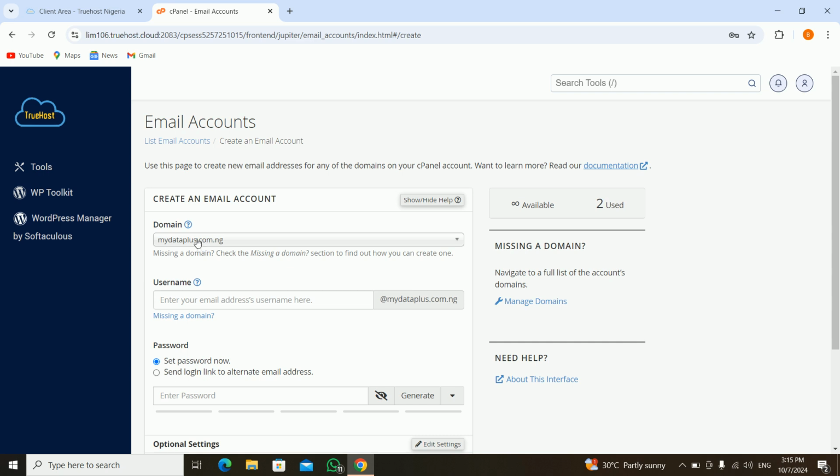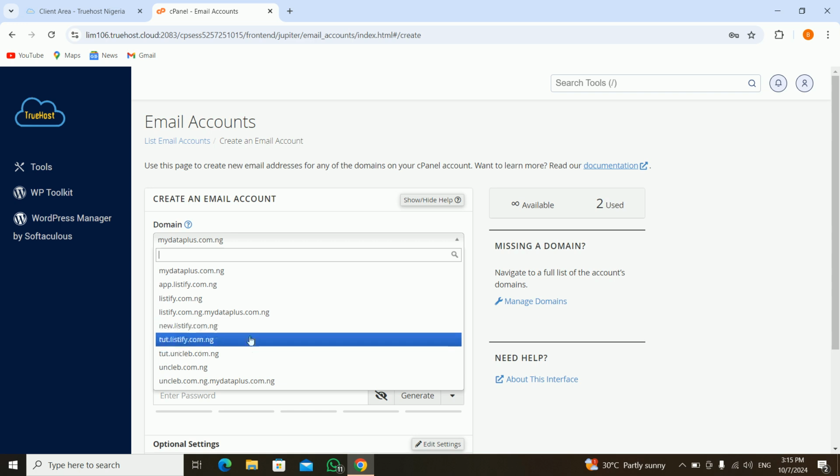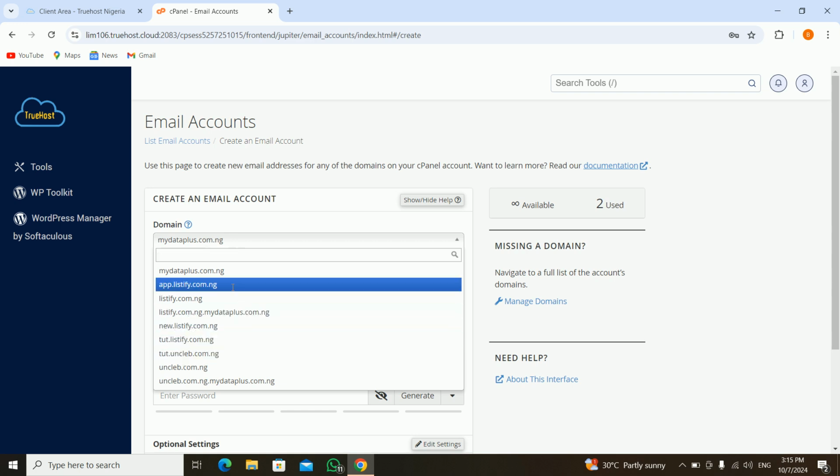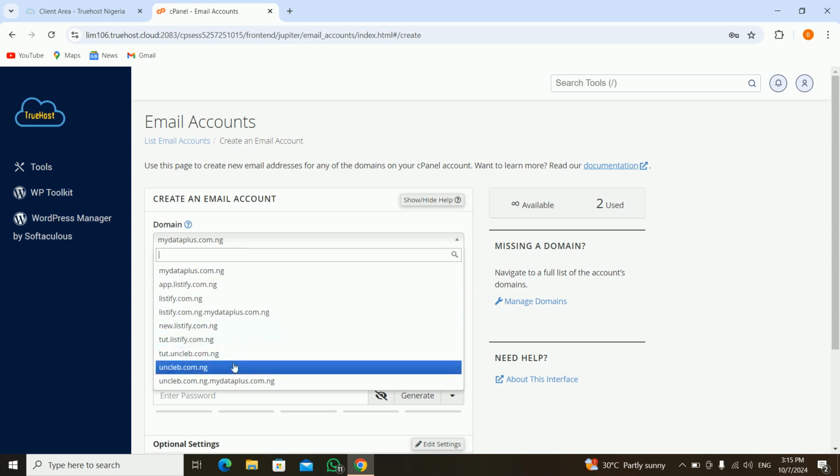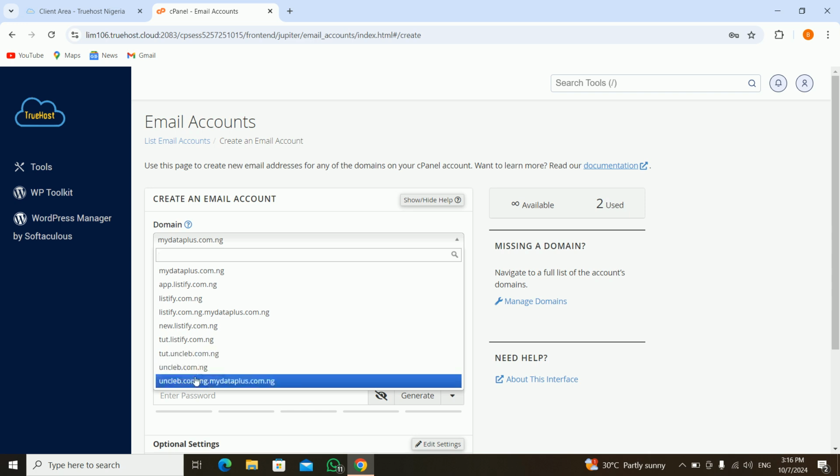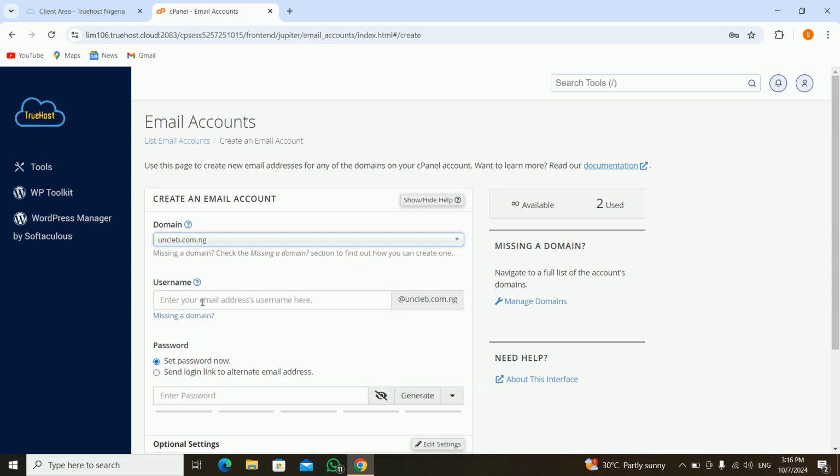So as a beginner you might just have one, but for me I have more, so you have to select which of the domains you want to create the email for. For instance, I want to create for uncle.com.ng, so I can say maybe CS, for customer service. You can see I don't need to put the at sign, it is already taken here. Once you select the domain, it will appear here, cs@uncle.com.ng,